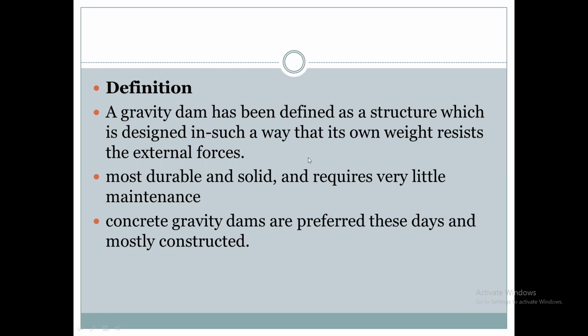It will obstruct the water. It obstructs the river flow and stores the water on the upstream side. It is placed over hard strata. The foundation of the dam is placed on hard strata below the bed of the reservoir. It may be a concrete structure or RC structure, or it may be a masonry structure.